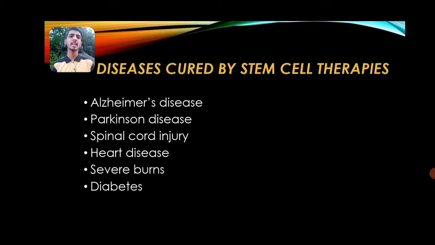Some of the diseases like CAD, coronary artery disease, and hypertension. Hypertension means blood pressure. Cardiovascular diseases are also cured by that stem cell therapy. After that, the severe burns. Severe burns means damage to the skin or deeper tissues by the sun or by hot oil, hot liquids, fire and electricity. Whatever the horrible incidents that happen in our society, in the fire, electricity damage, and whatever chemicals are thrown on their body, this causes much more damage to our entire skin, and this is also cured by the stem cell therapy as well.